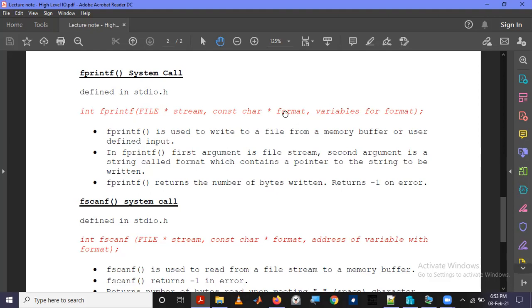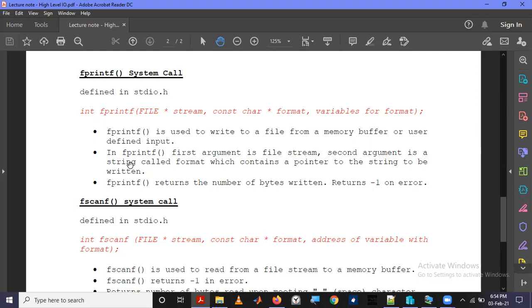So the return type is integer. What will be returned is the number of bytes written to the file. And just like write in the low level IO model, this will return -1 on error.